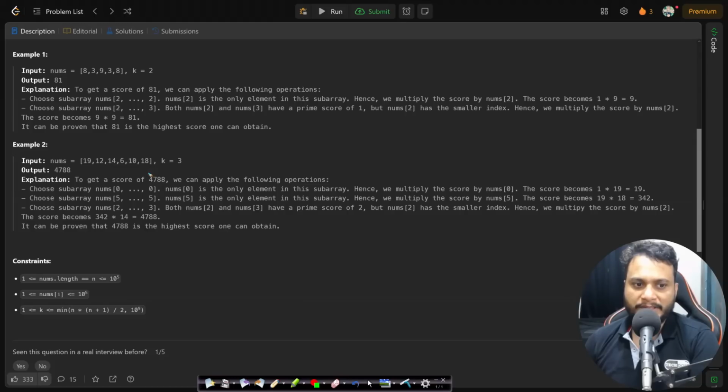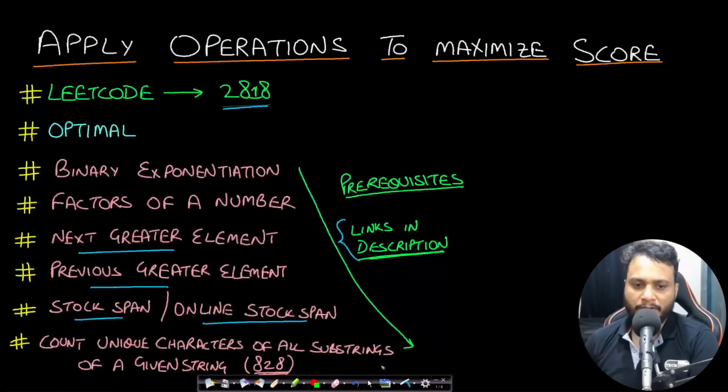So we cannot generate all possible subarrays, that's for sure. Each of the items in the array is in the range of 1 to 10 to the power of 5. And if you look at the k value, it will be in the range of the maximum count of the subarray, which is n into n plus 1 by 2, or 10 to the power of 9. Okay, so it will not happen that the k value will exceed the total number of subarrays that you produce from the given array. So having understood all this, let's look at the step-by-step solution, and step 1 is